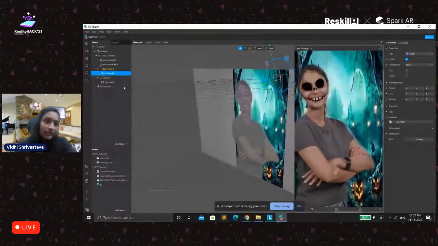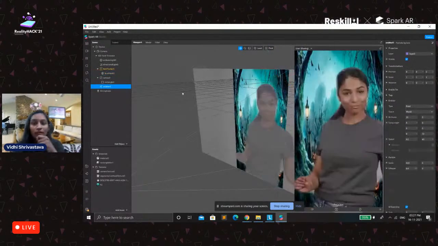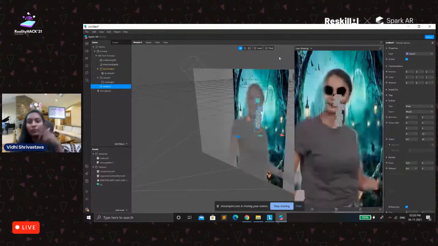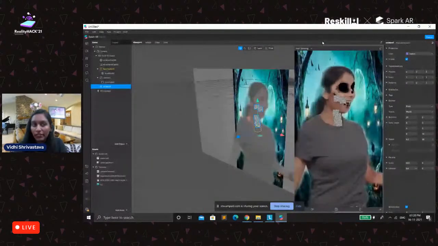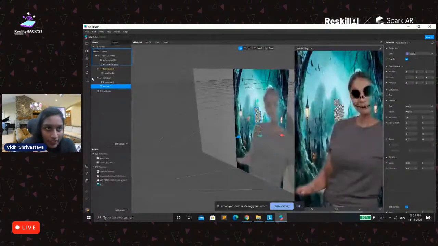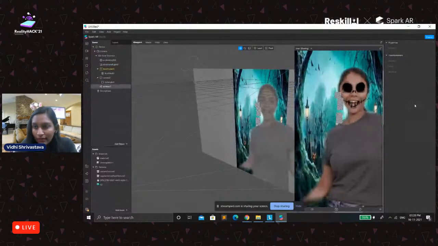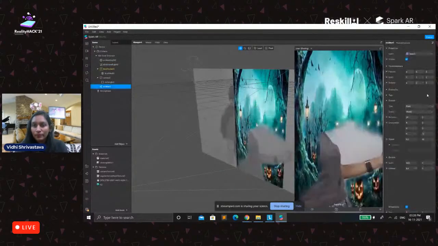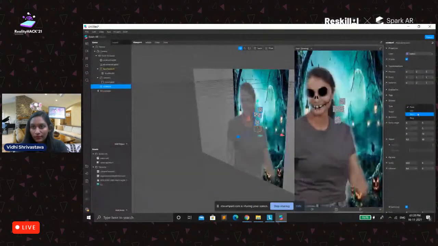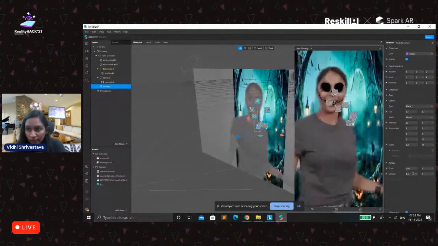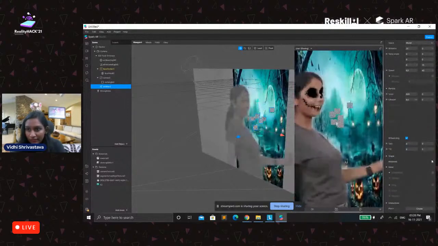You could see that by default it is going upside, and its emitter type is point right now. Let me change the emitter type to plain. And then we will add a material to it.